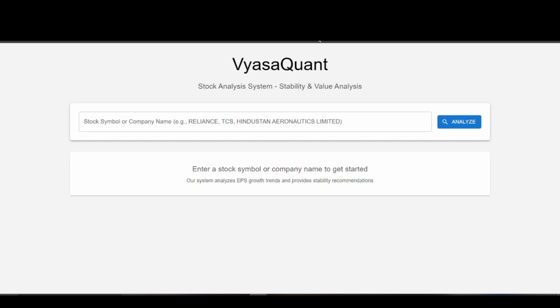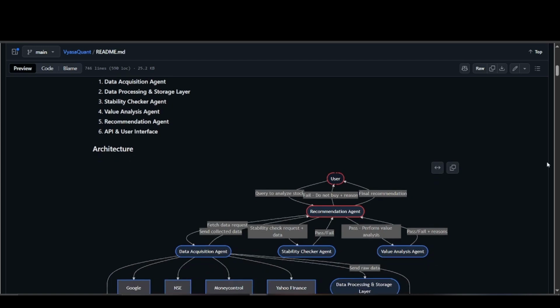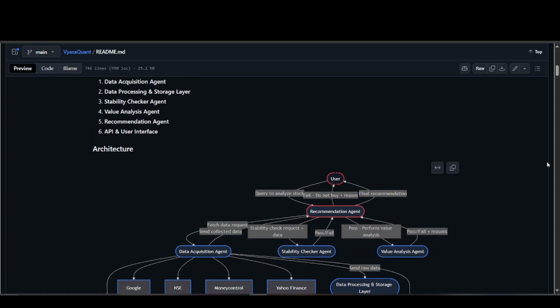Now, let me take you through the system architecture. So there are majorly six core components. The first one is the data acquisition agent. What it basically does is acquire data from various sources like Google, NSE, Yahoo Finance, etc. Then the second is the data processing layer. The data processing layer will process the data acquired from various sources and convert them into MCP tools for usage